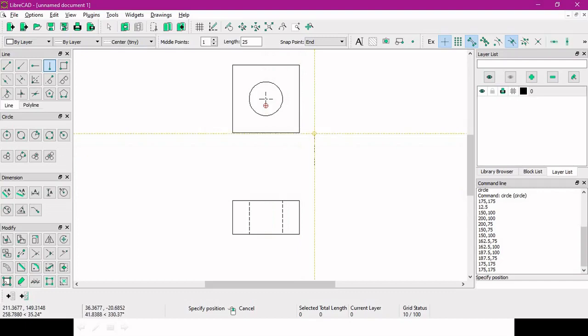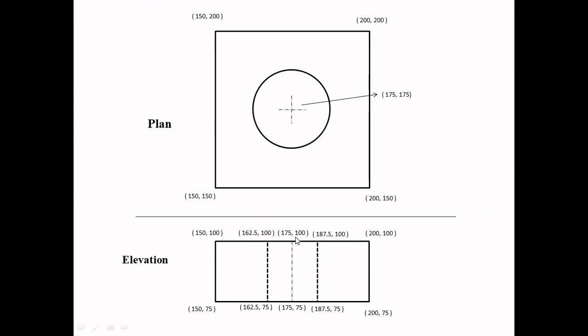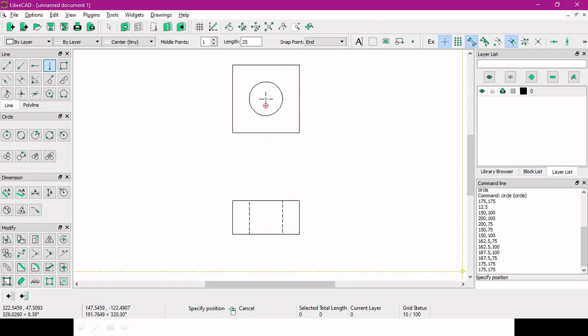Using this snap tool we can also directly select the midpoint of this line, or we can give the coordinate. We know the coordinate as 175 by 100. Otherwise we can directly snap to the middle point and draw it. So now the center line is done and these header lines are done. So for us this plan and elevation is complete.